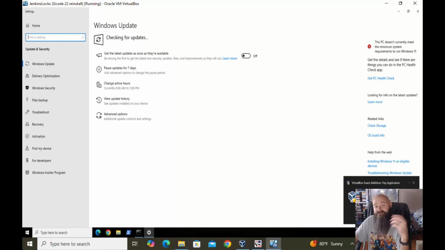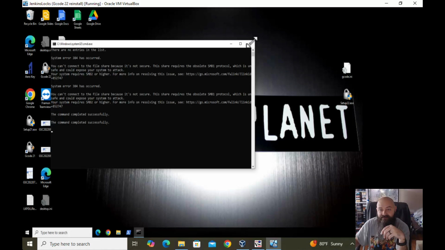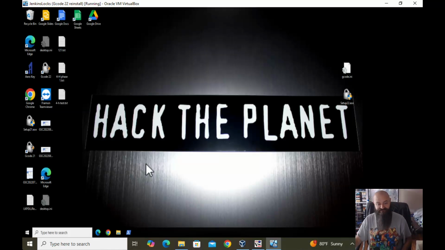And since we installed the latest version of VirtualBox on here, it's wanting us to update the guest additions. I'm just going to leave that alone. I'm going to cancel this out because that's not what we're here for. I'm not mapping my network drives. So what I'm actually going to do is